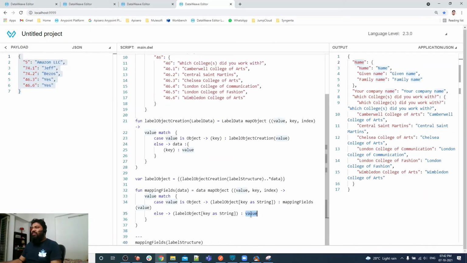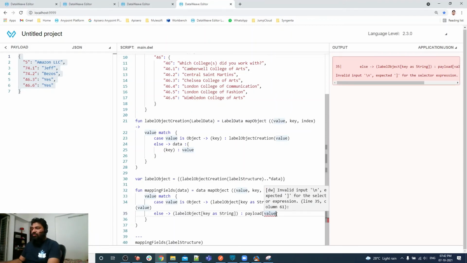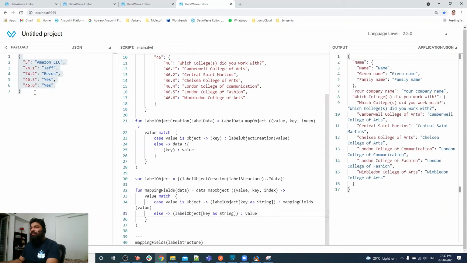So payload, instead of value it should be payload. We are going to replace a label number with the label value. We already did the label name mapping, but we also need to do the value mapping.